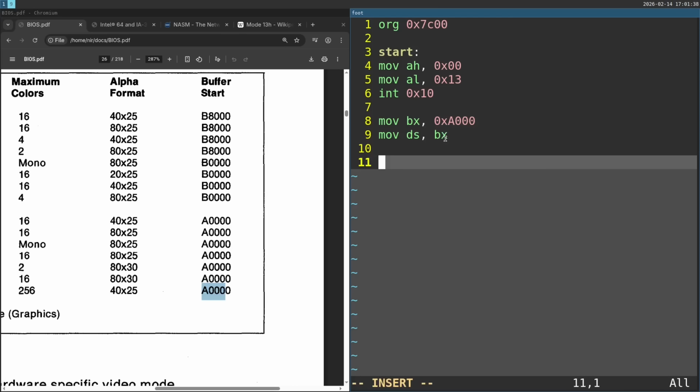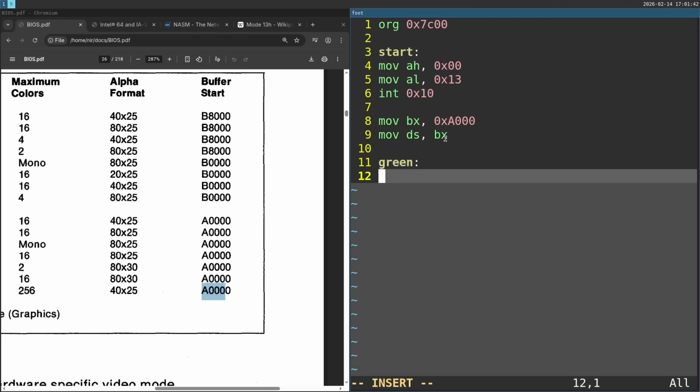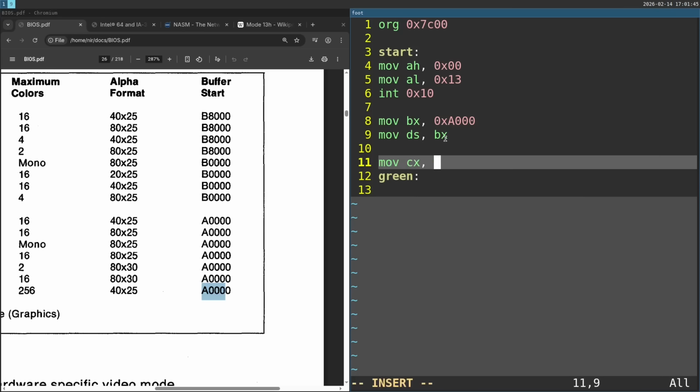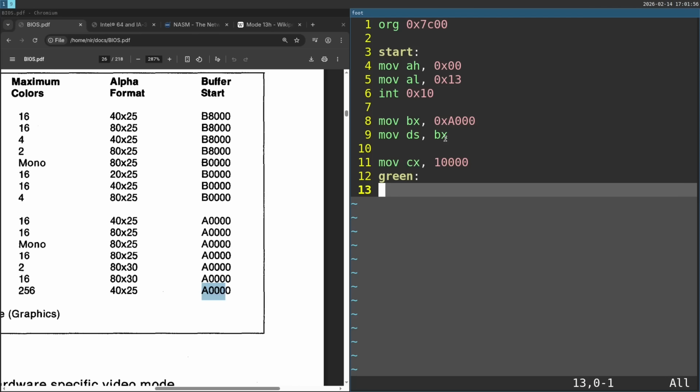So let's write the color green, for example. So I'm going to start a label here, and let's set the counter to be 10,000. So we're going to write 10,000 pixels. Each pixel is represented by a byte, and the byte values are an index in the palette, which I'll show you in a second. First of all, I'm going to transfer the CX register into BX,